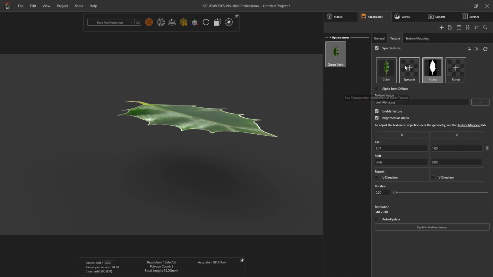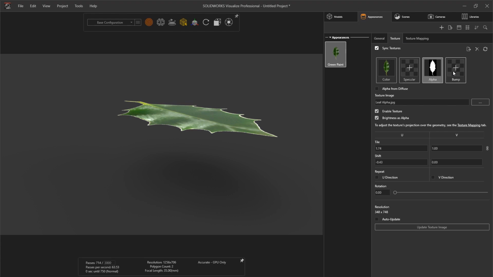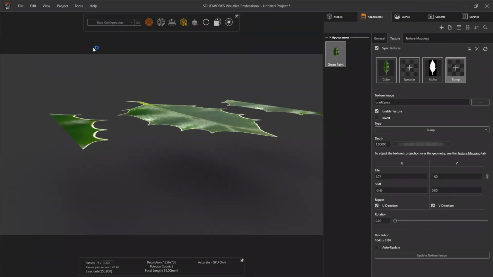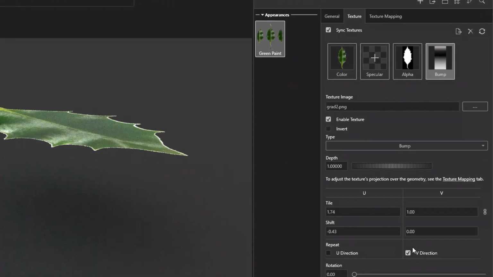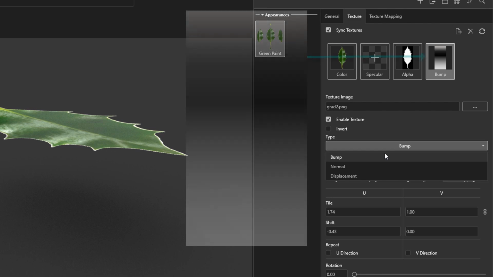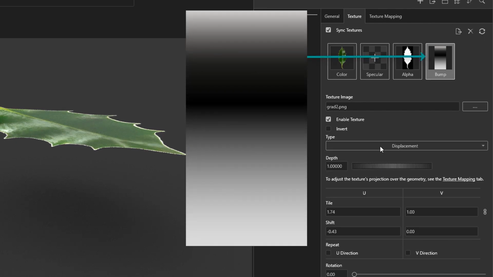Thus far, everything we have done has been in the previous versions of Visualize. Now for the new bit, the displacement mapping. Previously, you could use a bump or normal map to simulate texture, but this would just change how the light reacted with the part. It wouldn't actually manipulate the part. A displacement tick box did used to be an option, but was very limited in control. So now in 2021, I can easily use a black and white image to actually bend my leaf.